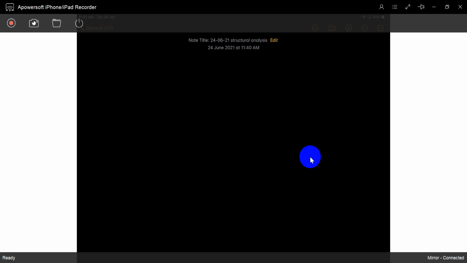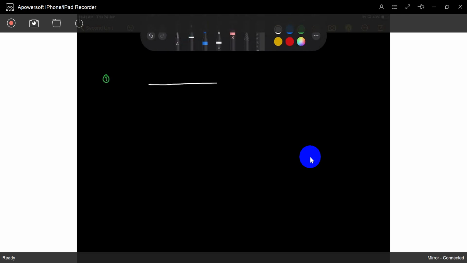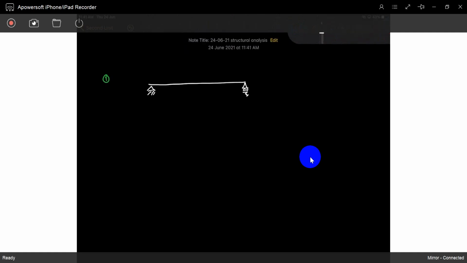So first I will see another problem, a common problem, simply supported. So I am explaining once again the deflections and slopes chapter, once again the area moment method. If you see, it's a simply supported beam. If you apply a moment like this, how will it deflect? It will deflect like this.